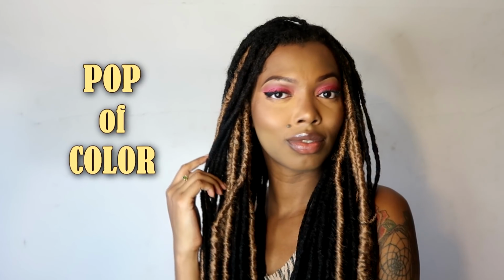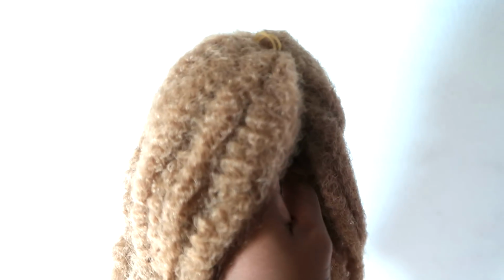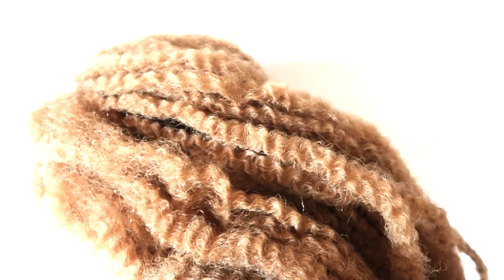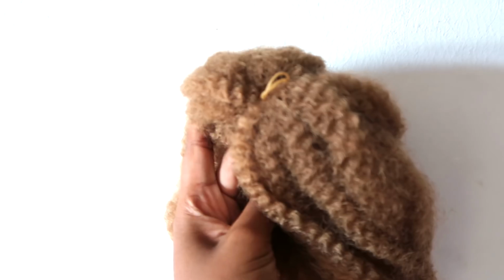And in this video, I'll be showing you how I add Marley hair on top of my locks for a pop of color. I do not want to dye my hair, but I do want some highlights, some streaks for the summertime. So I got some Marley hair in a light brown, dark blonde color. This is not necessarily the best Marley hair out there, but it doesn't really matter that much as long as